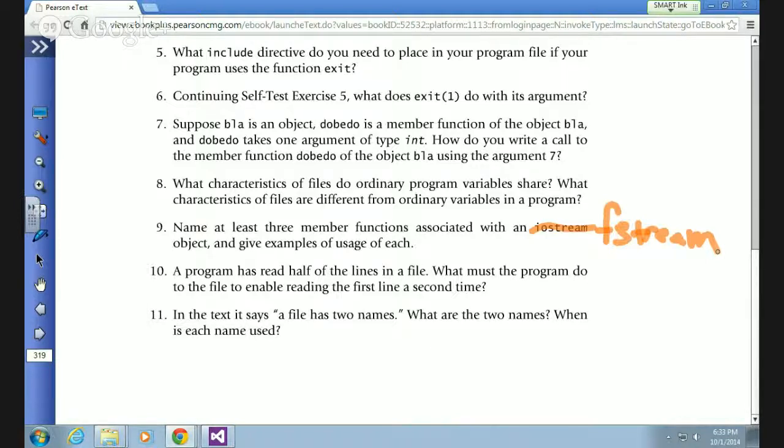Can you explain it to me in words? Check the files, input and output. Okay, open does what? Opens the file. Meaning,